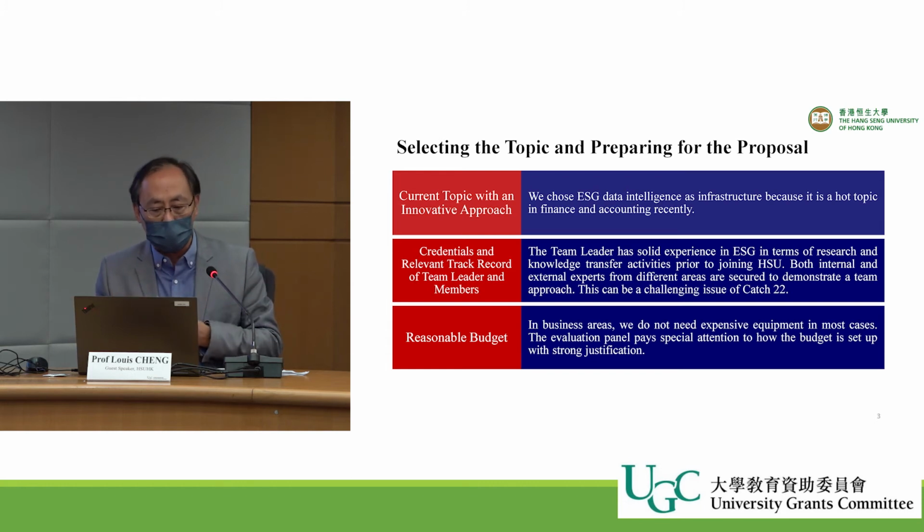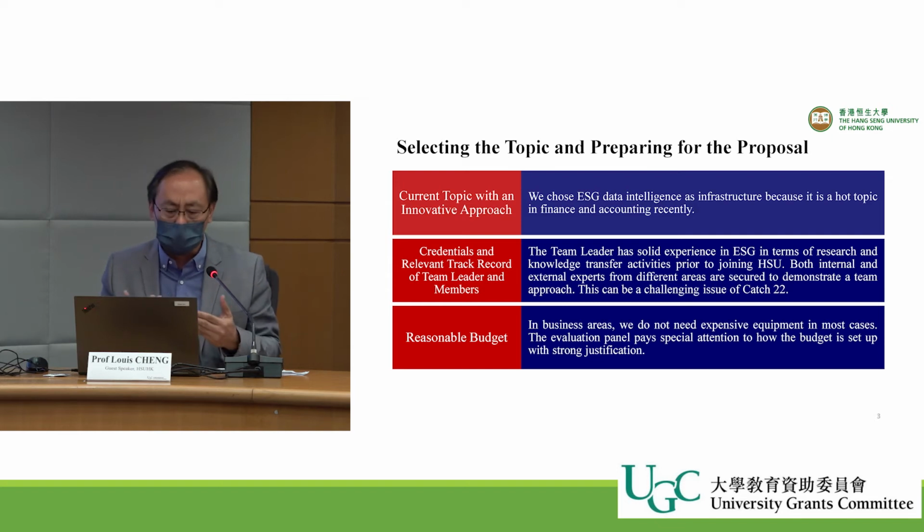All the relevant experience is documented in the proposal, along with the other team members, because the IDS proposal I wrote has four separate research components. There are other team leads, area leads of the research, whose expertise and relevance also have to be mentioned. I think it's very important, no matter what type of proposal, that a reasonable budget is stated.